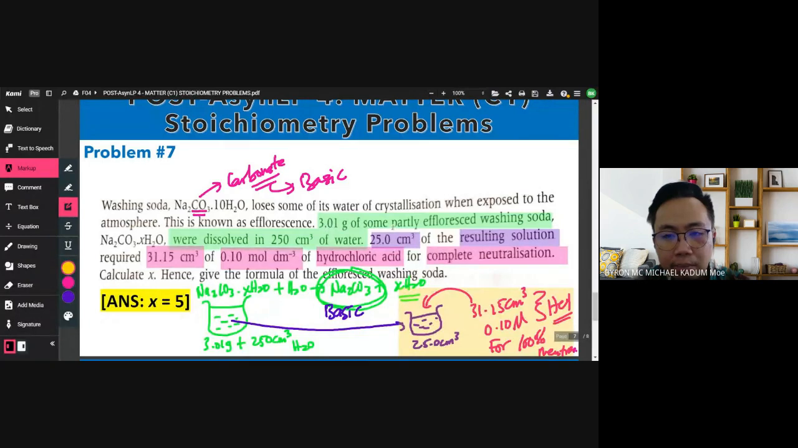3.01 grams of some partly efflorescent washing soda. So maksudnya washing soda tu yang inilah Na2CO3.10H2O. Okay, so 3.01 gram. All right. And then,